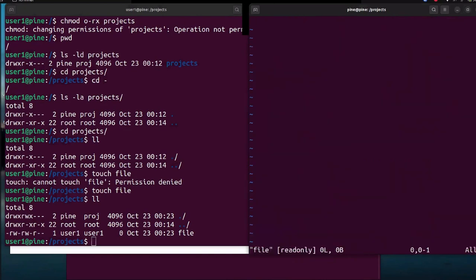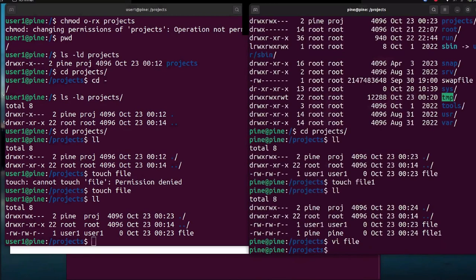Okay, look, it's read only. It's read only, which means I cannot write anything. Why is it read only? Because